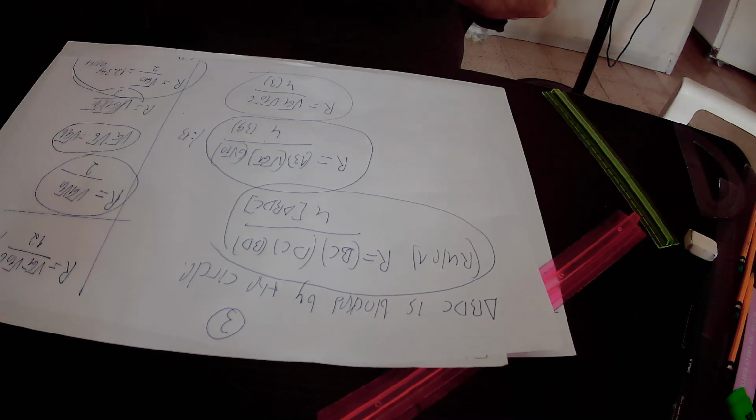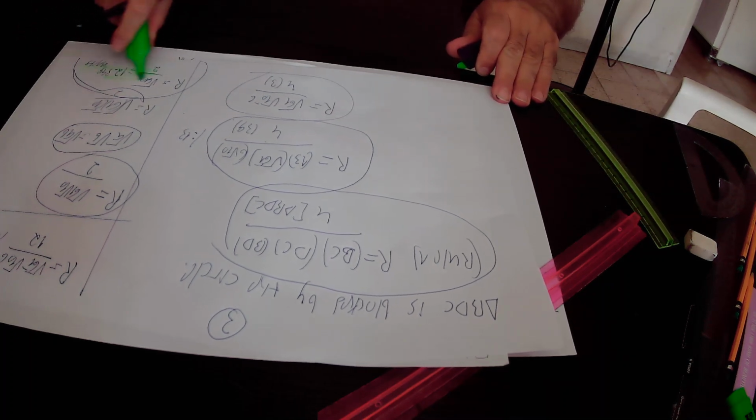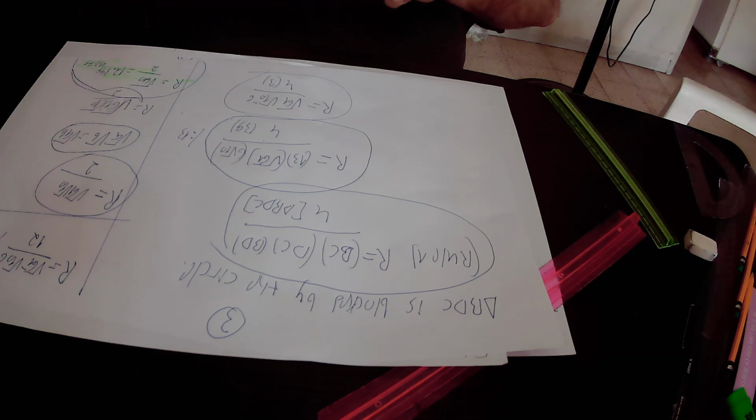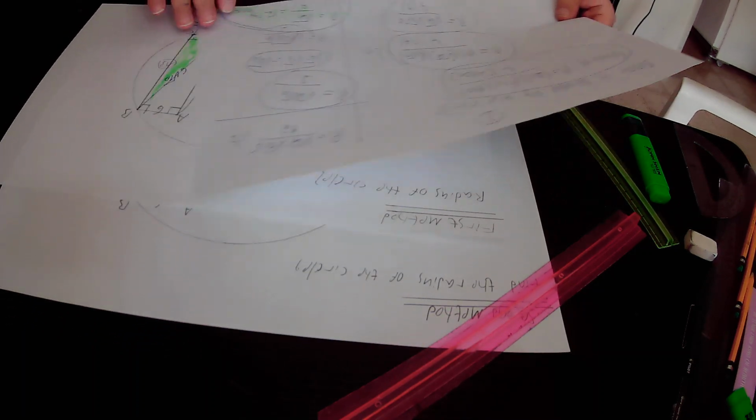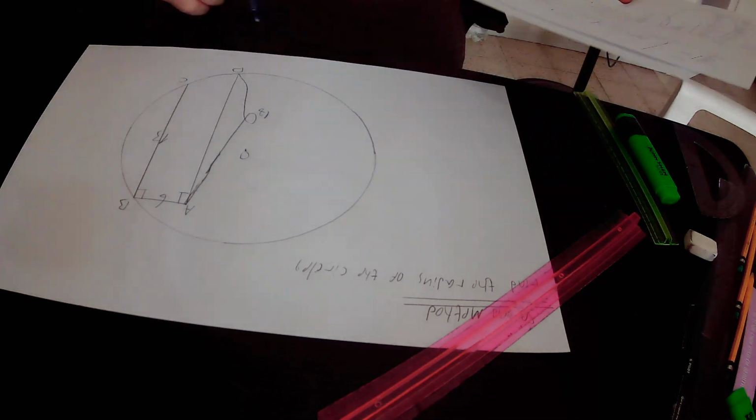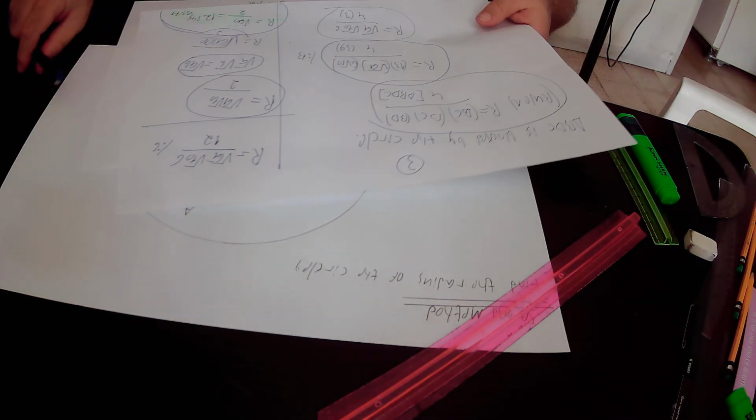So we finished with the first method. In the next step we will present to you the second method, how we can find the radius of this circle. According to the second method,